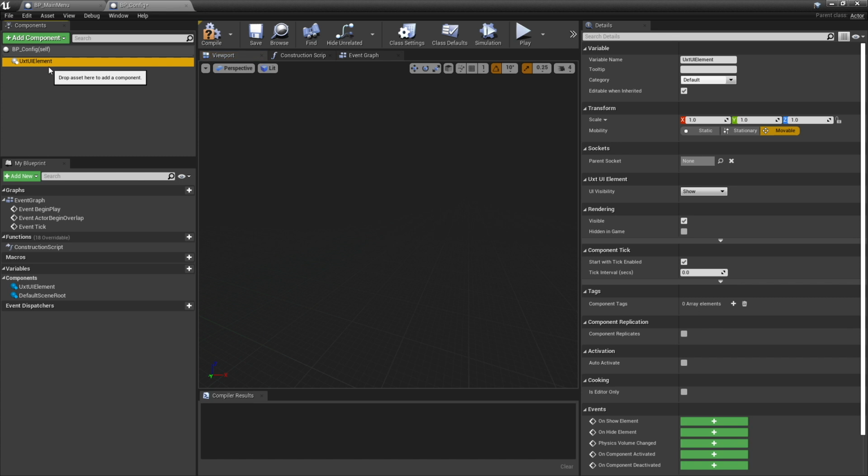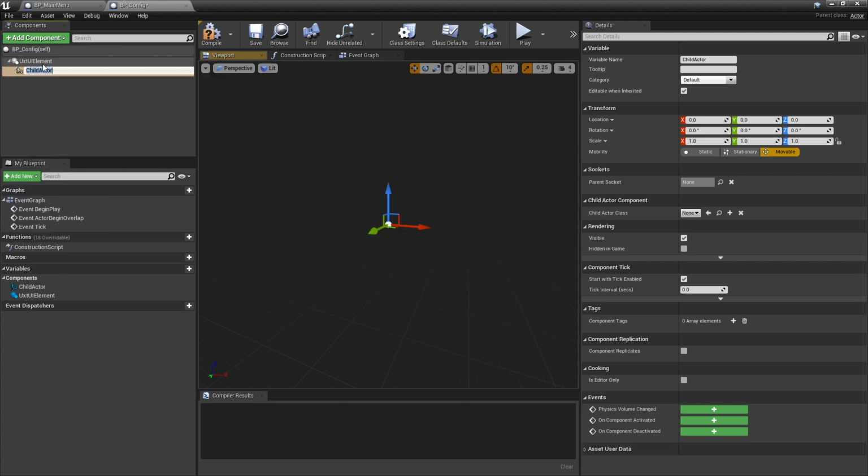UI elements are kind of a utility class that help us group UI into, I guess you could say, almost folders. They have a nice library of functions such as hiding UI from being visible and interactable, to either or, so being visible and not interactable, or interactable and not visible. We're going to use this functionality later, but for now, just think of this as a container around a bunch of UI.